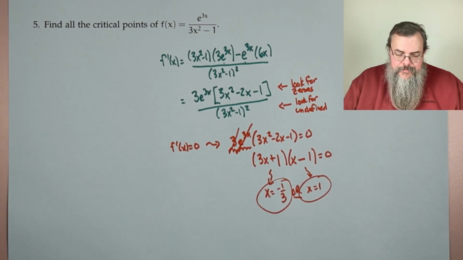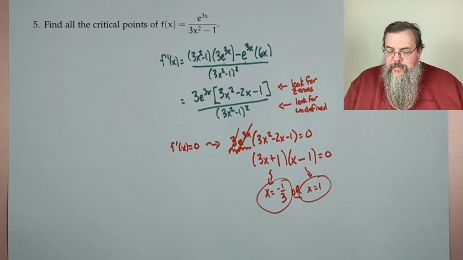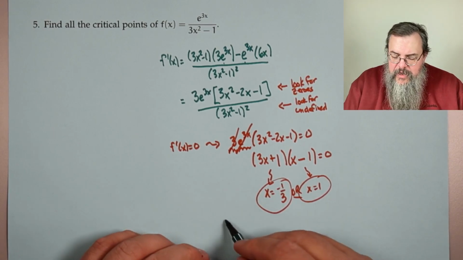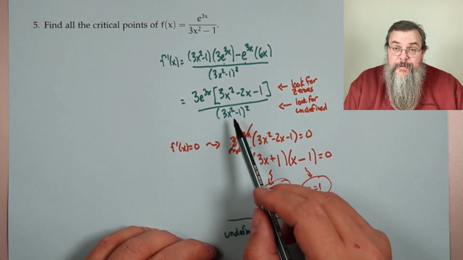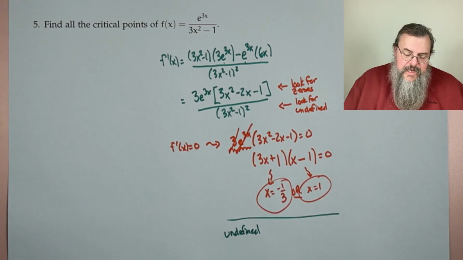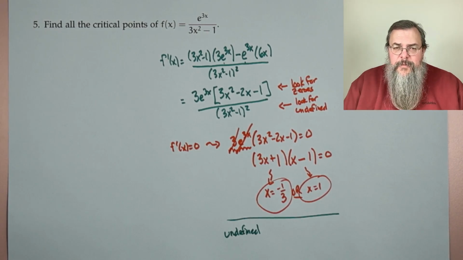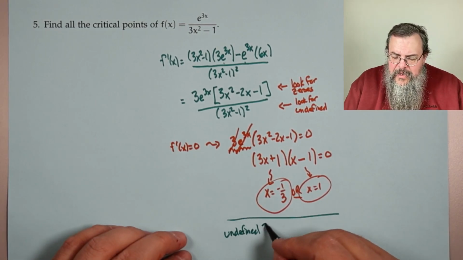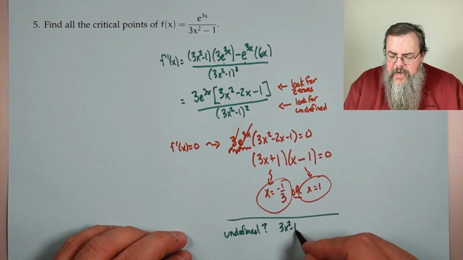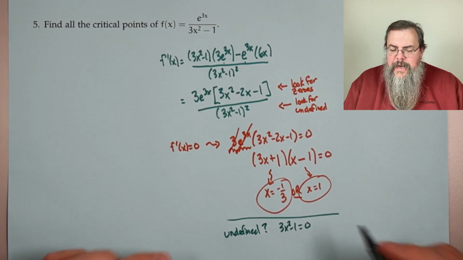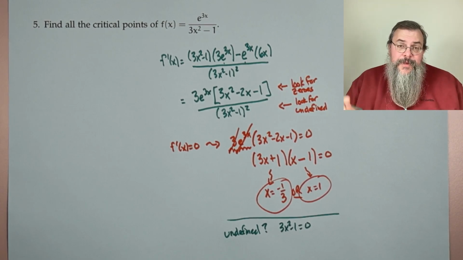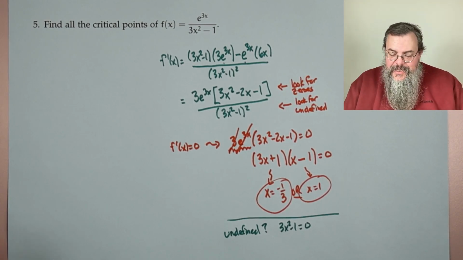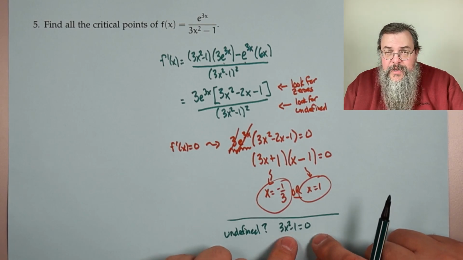What about the bottom? Well, if I look at the bottom, I say, okay, if it's undefined, the only real issue I have with anything is a division by 0 problem. There's no square roots of negatives. There's nothing. Well, undefined, that would be if 3x squared minus 1 is 0. However, here's the thing. This will not be a critical point because notice if 3x squared minus 1 equals 0,